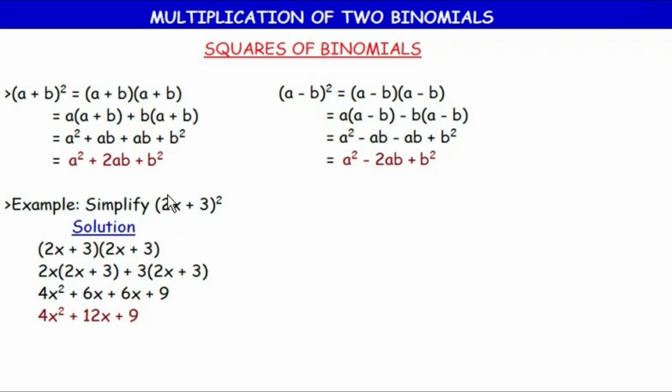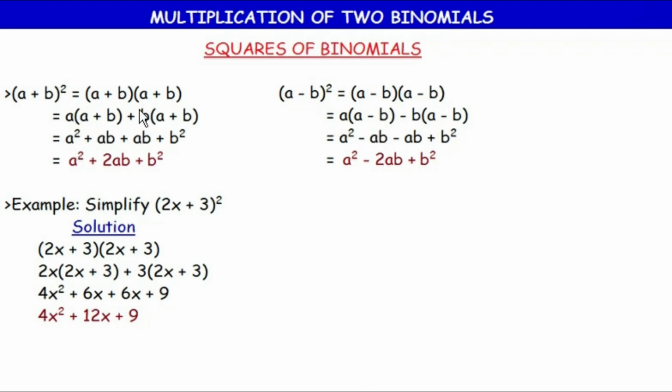But what if we get the same binomial multiplying itself? So what if we have a plus b multiplying itself, so multiplying a plus b? It means we can express this one as a plus b all squared. That is why we say the squares of binomials. So a plus b is a binomial which has been squared. So how do you go about this? So if we are to